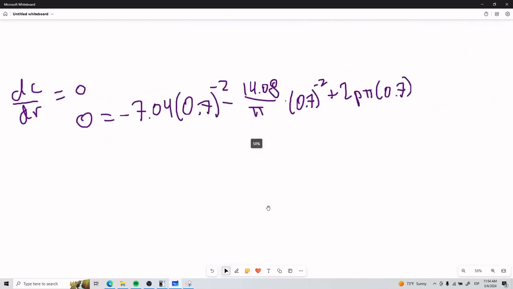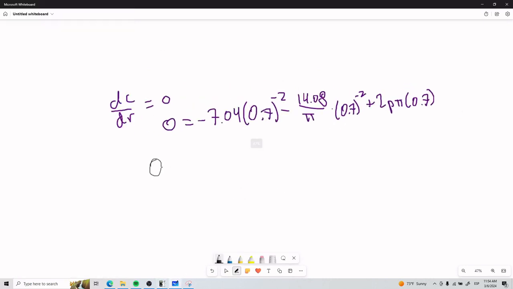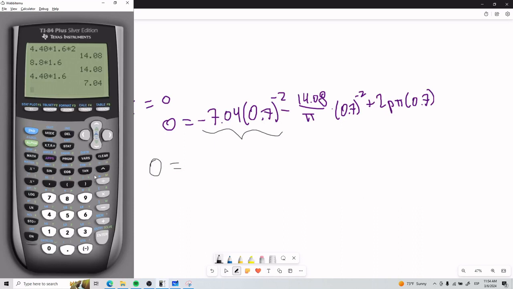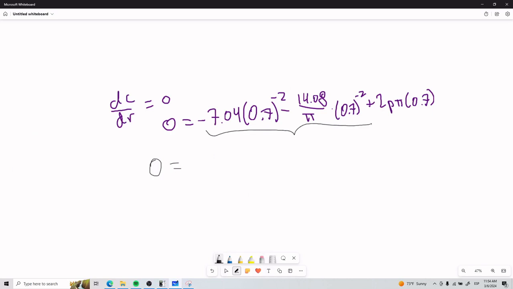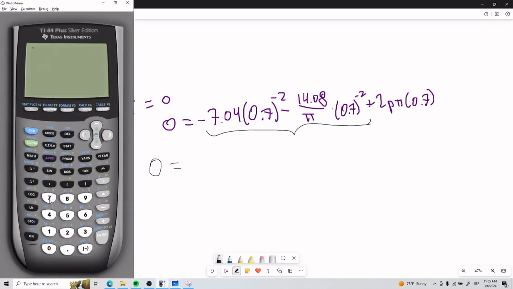So we need to get p alone. See, and I just plugged in a bunch of numbers. Let's see what happens. So this 0 stays as 0, whatever, right? This first term, let's find out. We have negative, actually I can do this whole thing immediately. See? So this whole thing is going to be negative 7.04 times 0.7 squared, right? Squared, sorry, minus, going to put a fraction, 14.08 divided by pi